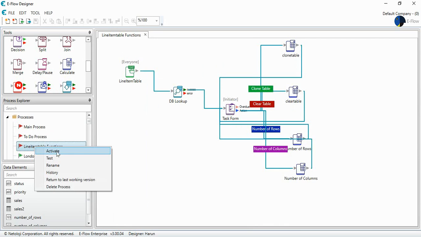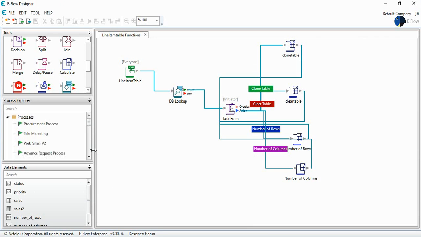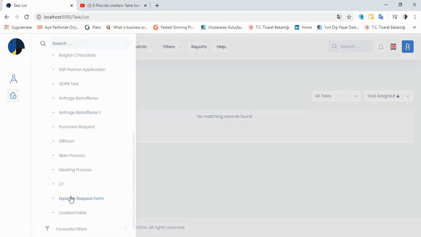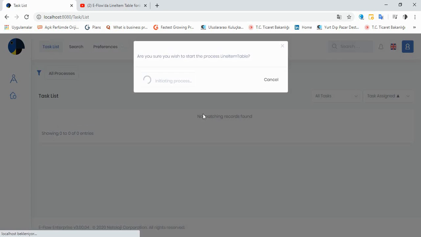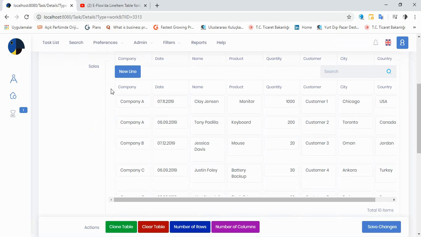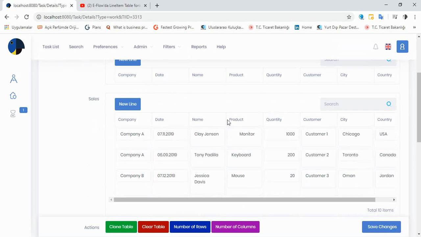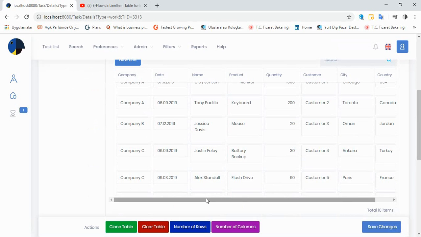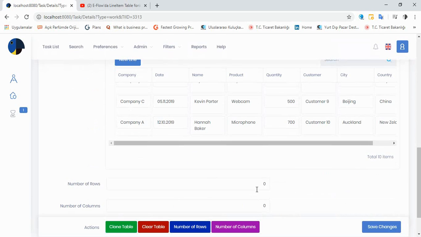Then I activate it, and once it is active, then I can just go back to eFlow user interface and check how it looks like. Line item table process I started, and you see this is the table. This is the table, and you see the buttons, number of rows, number of columns, and you see here number